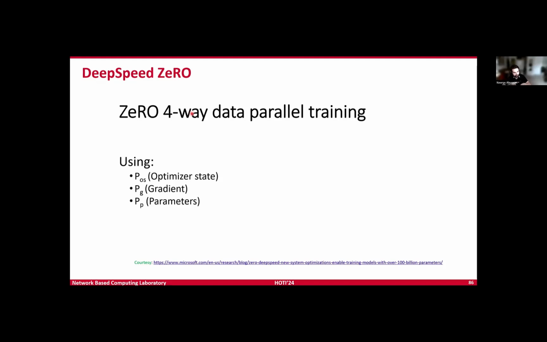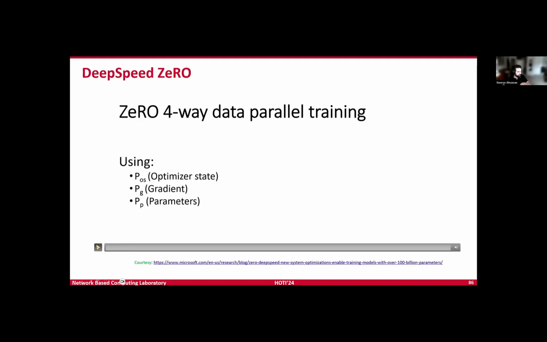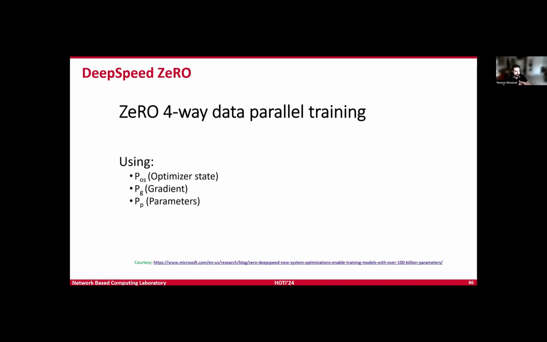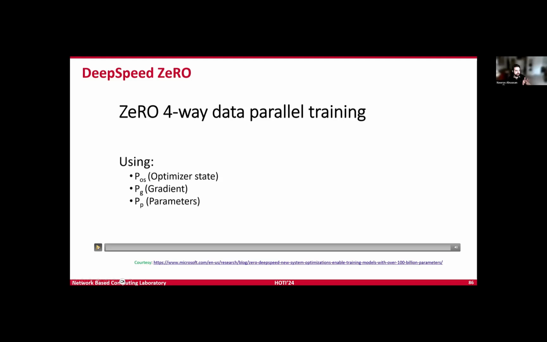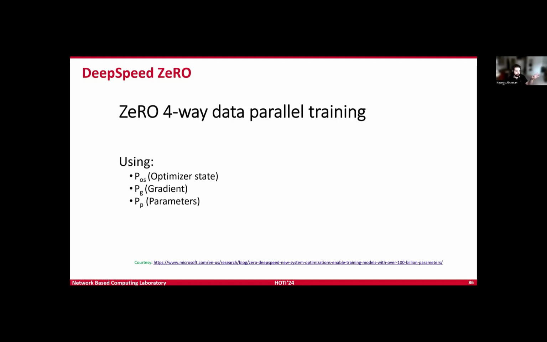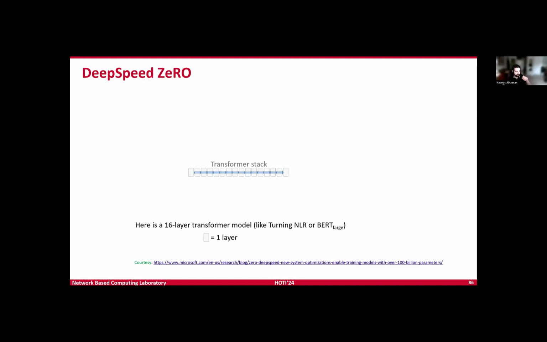In the video that we're going to see, let me try and play the video. Okay. So this is using the 3rd stage, the stage that gives us the most memory saving. Again, keep in mind, this is for very huge models where we cannot fit the model in the memory of a single GPU. So let's play through this video.